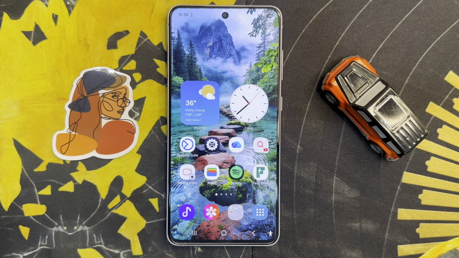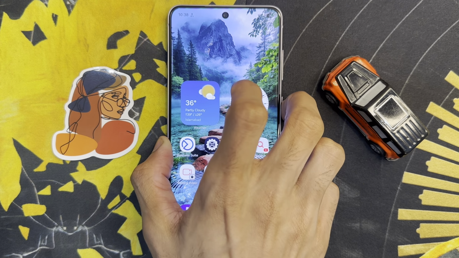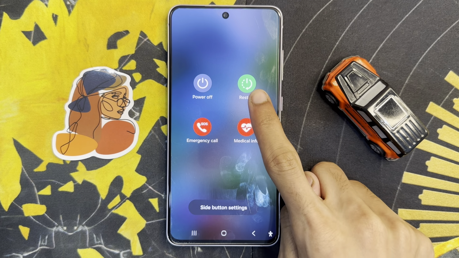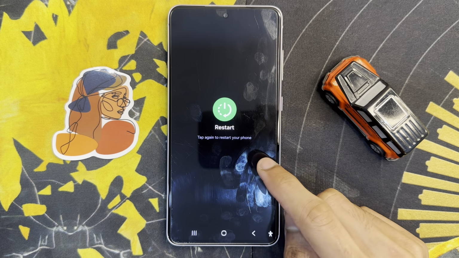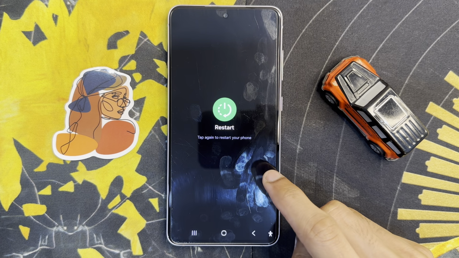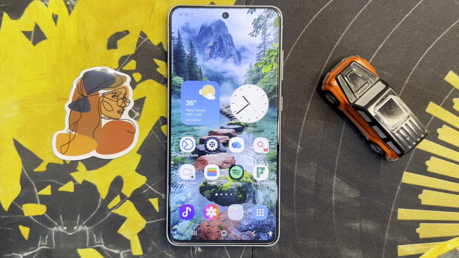But if it is not solved, restart the device. Just click and hold the side power button and click on restart. Again tap on this restart icon. You will see your phone restart. After restarting, enter your phone pin. You will see your problem is solved. But if it is still not solved,